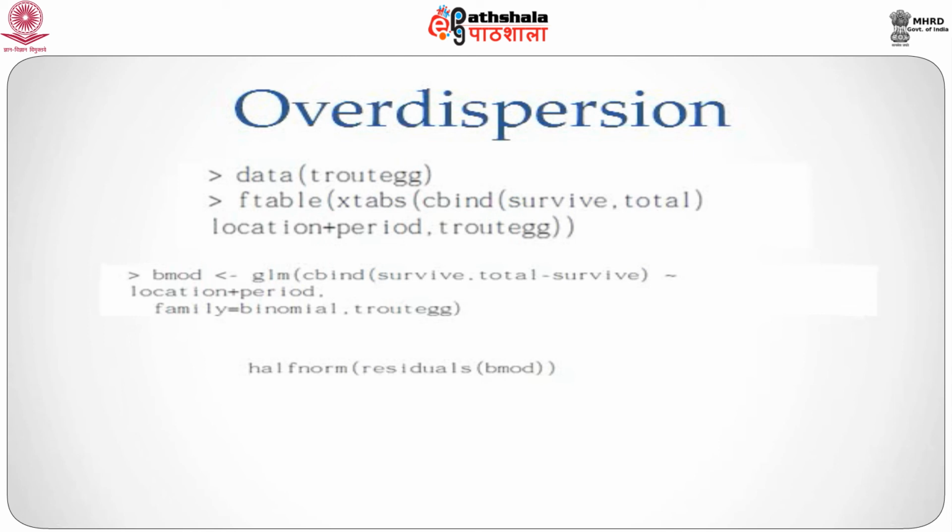However, note that in some cases, which will be given in further modules, we might have situations where the variance is some scale factor times the mean. That is, if the scale factor exceeds 1, then we have a situation where the observed variance exceeds the model-based variance, and if the scale factor is less than 1, we have a situation where the model-based variance, which we know is n pi into 1 minus pi for binomial data, is less than the observed variance.